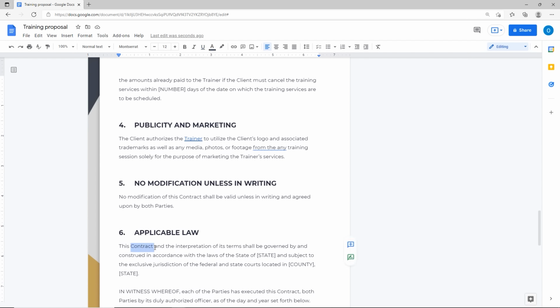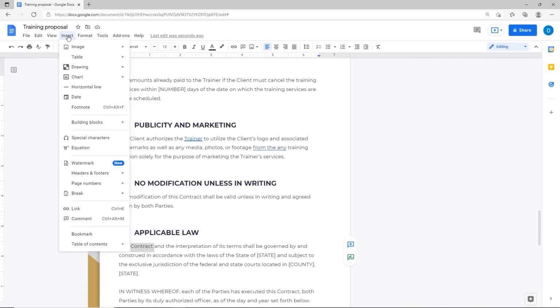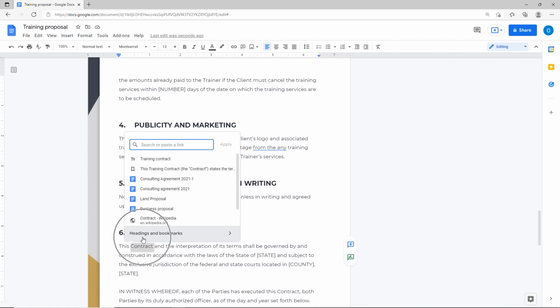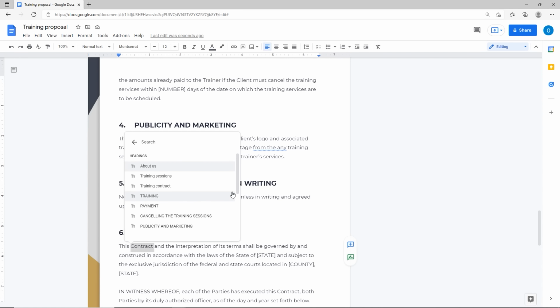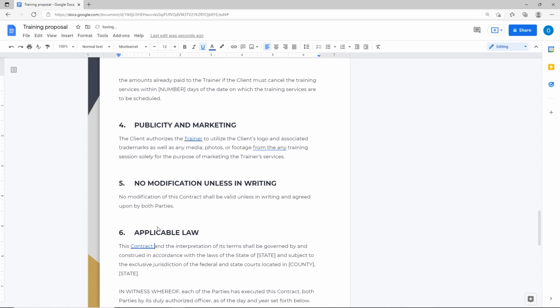I'm going to select more text, go back up to my Insert Ribbon tab, come down to Link. And again, I need to go down to where the headings and bookmark links are, scroll all the way to the bottom until I find the link I created for the second bookmark that I made. Now to use these bookmark links, I'm going to come over the top of the link that's been inserted,